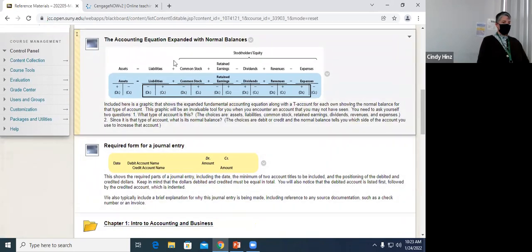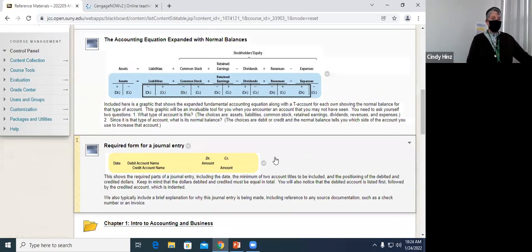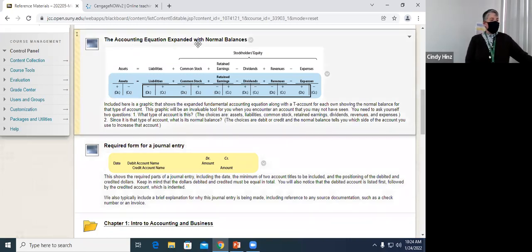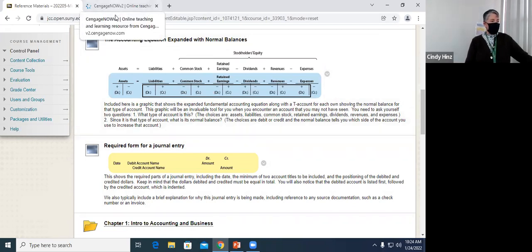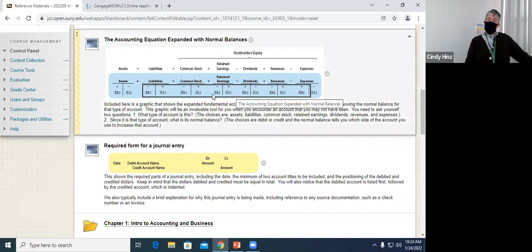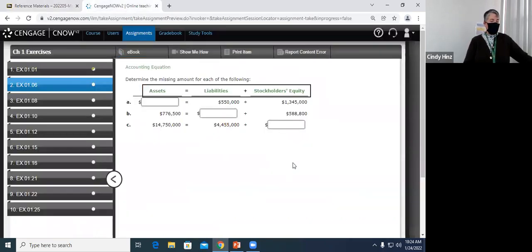And I showed you these two items and said we would get to those. This accounting equation is expanded, so it goes a little bit beyond what I just boxed for you in that exercise. But you'll notice it is assets equals liabilities plus the stockholders' equity, this whole thing. So we will be learning in chapter 2 the rest of the story here. But you do have this here for reference to remind you of that equation, and I will continue to